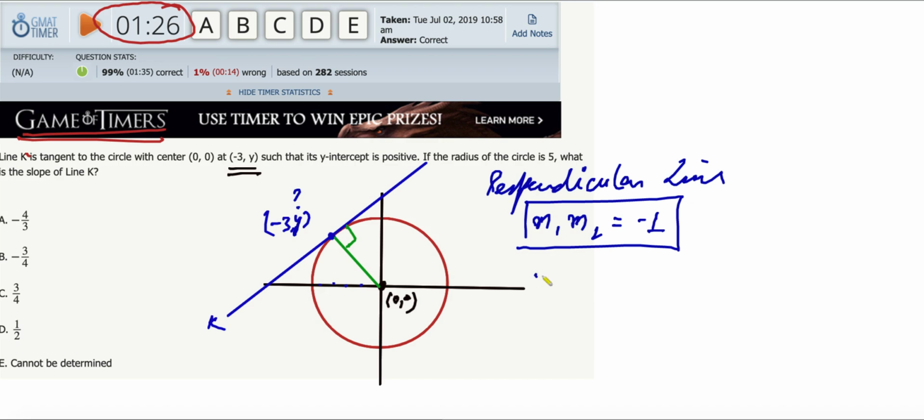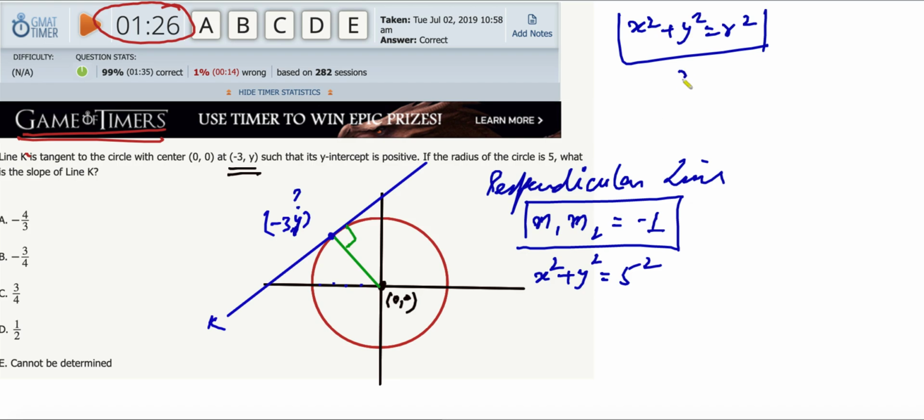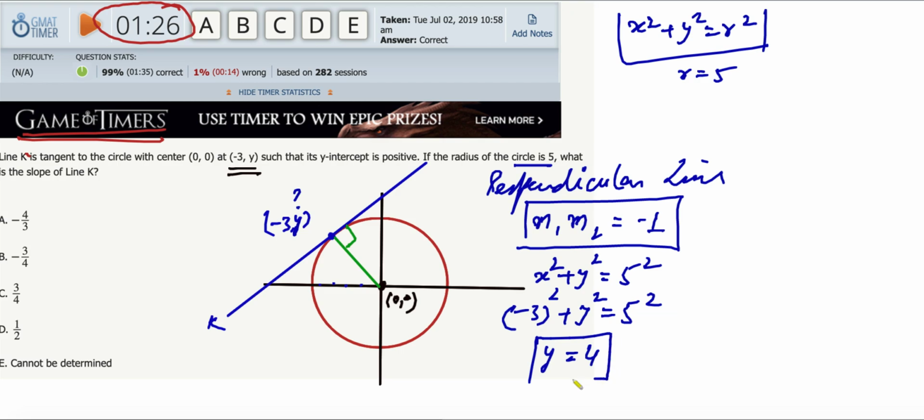The equation of the circle is x squared plus y squared equals 5 squared, because the general equation of a circle with center at the origin and radius r is x squared plus y squared equals r squared, and the radius is 5 in this case. This point lies on the circle, so I can substitute x equal to -3 and y as y. This gives us y equal to 4 units. Now I know this point is (-3, 4), and therefore the slope of this green line, let's call it OP,